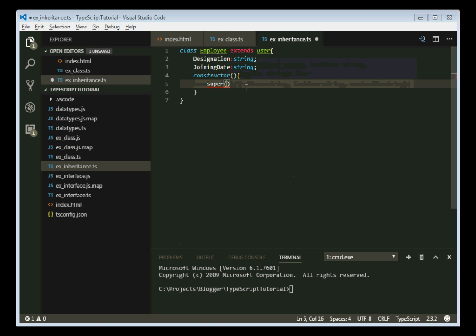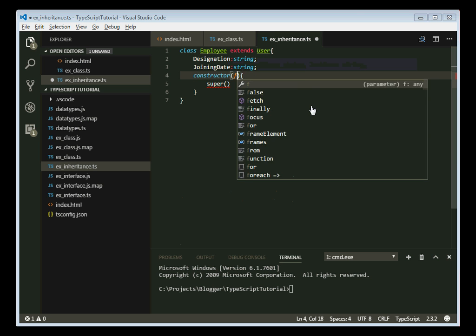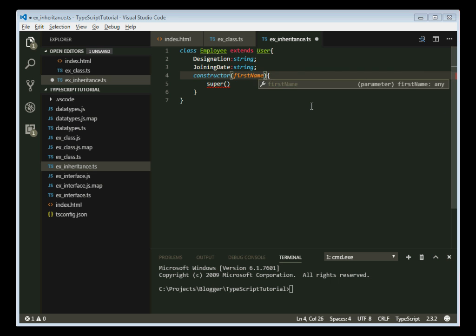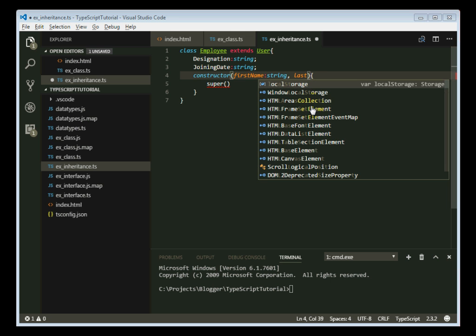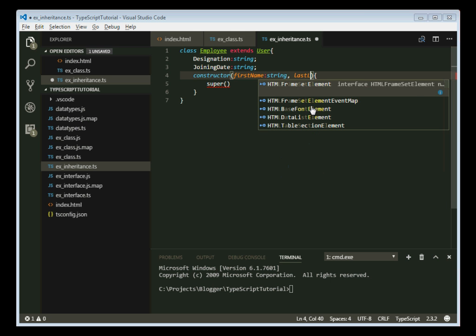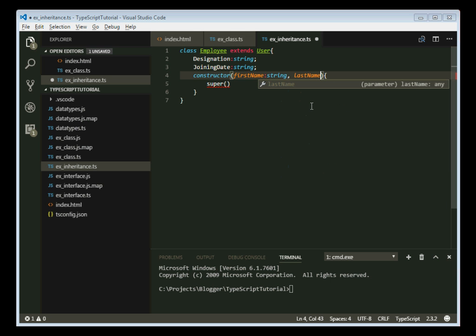That's why it's asking us to provide the first name, last name and contact number. This is required. So what I will do here is add the first name parameter, the last name parameter, contact number,